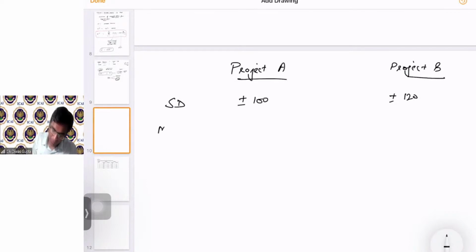Because what I'm trying to throw now is, project A has a mean of 500 and project B has a mean of 1200. I'm just trying to activate your thinking here. Now with this information, do you think that project A, which had a lower mean, the best possible outcome, is having a lower risk? The higher risk is having 1200 of higher mean.